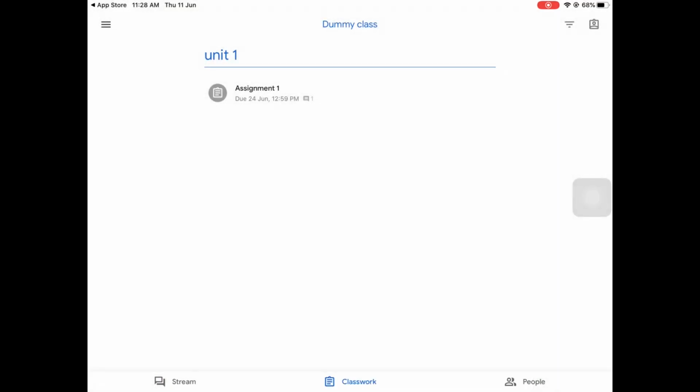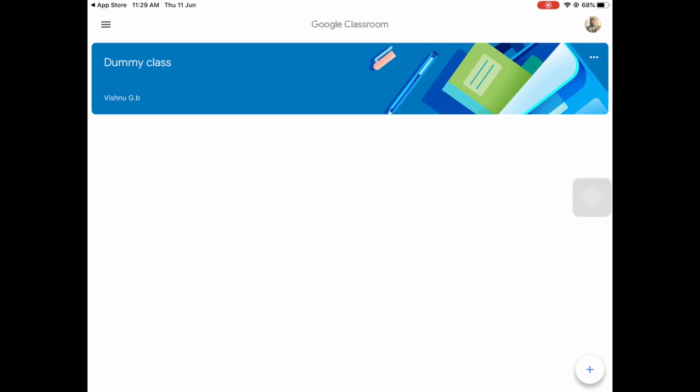If you want to unenroll from a classroom, go to the top left corner, click on the three lines and select the active classes section. Click on the three dots on the corresponding classroom and select unenroll. Once you unenroll from a classroom, all the submissions submitted by you and the grade given to you will be lost forever. You have to ask permission from the teacher to rejoin the classroom, or you have to again join the classroom using the Google Classroom code. And you have to submit all the assignments once again, and the teacher has to evaluate all the submissions once again.